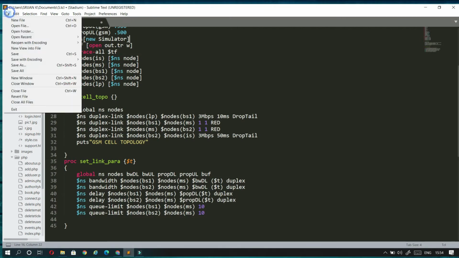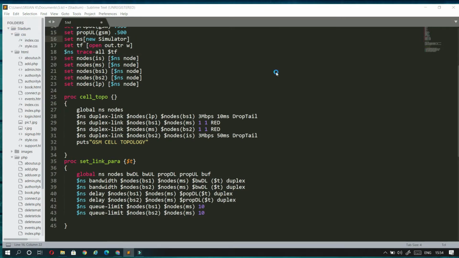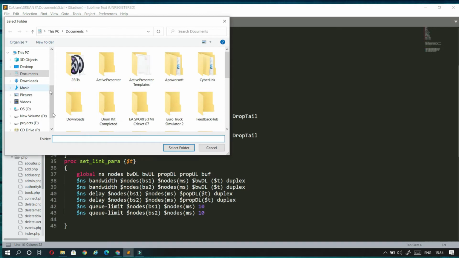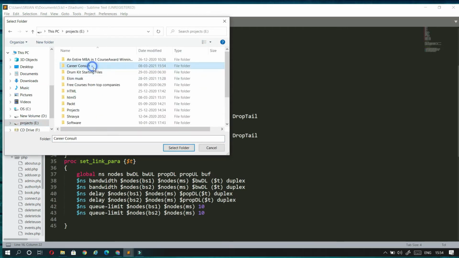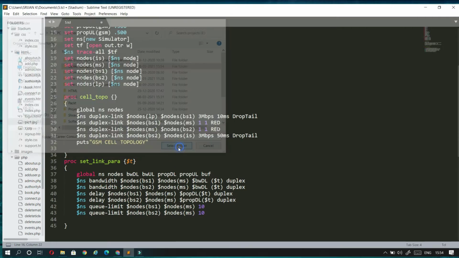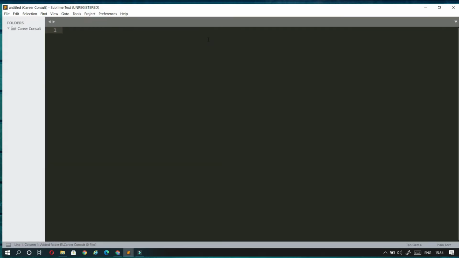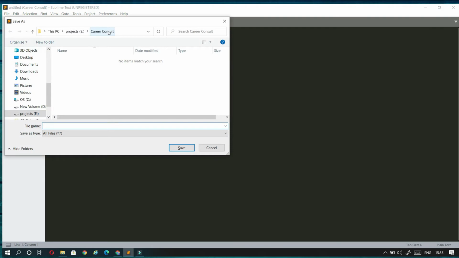Now I am going to Sublime Text, going to File, and clicking Open Folder. I go to the location where I created the folder. This is the folder which I have created, so I am selecting Career Consult. A new window will be opened. There is no file inside this, so I need to create an HTML file. I am going to select New File here, and I will save it as